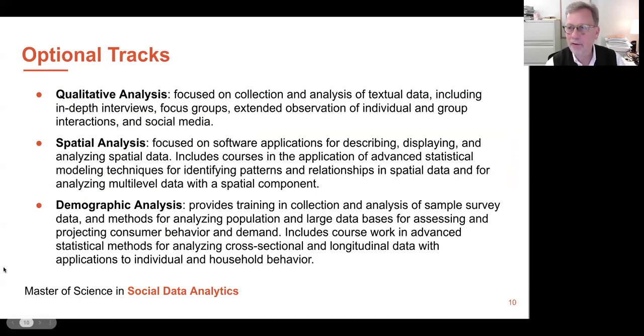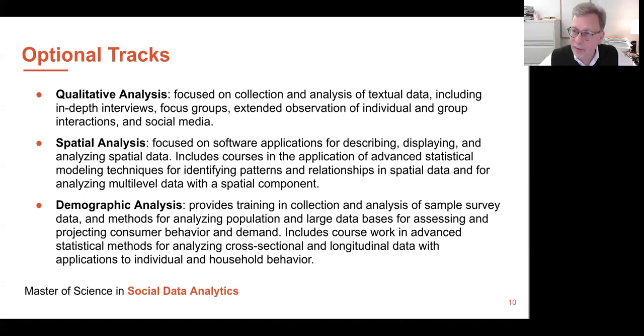Now, what we have available to students are these optional tracks. And the tracks are qualitative analysis, spatial analysis, and demographic analysis. And students who opt to take a track, the track designation shows up on their transcript. So the transcript will indicate Master's in Social Data Analytics with a track specialization in qualitative analysis or spatial analysis or demographic analysis.